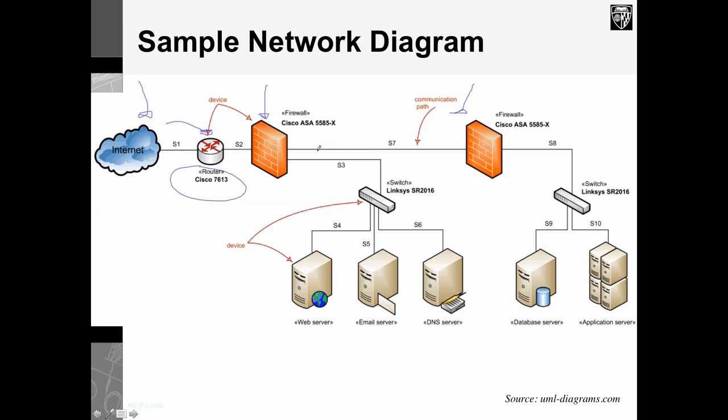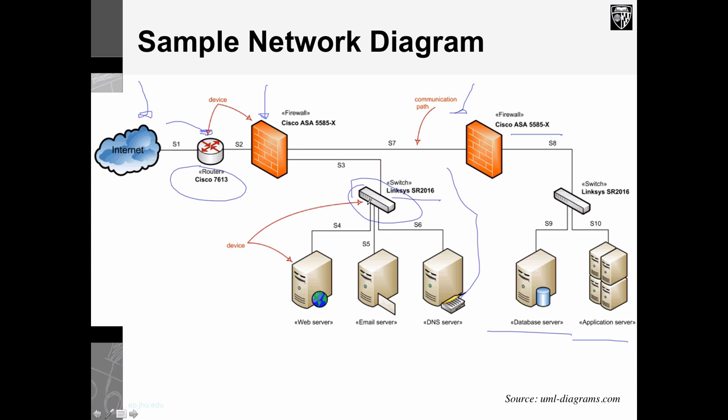Firewall number 1 has a connection to a segment of the network typically called a DMZ or an extranet. DMZ stands for demilitarized zone, and the internal network or corporate assets are placed behind the second firewall, the second Cisco ASA 5585X. And this is where we have our database servers, our application servers, and so on. All these servers are connected together with a switch. In this case, we are using a Linksys